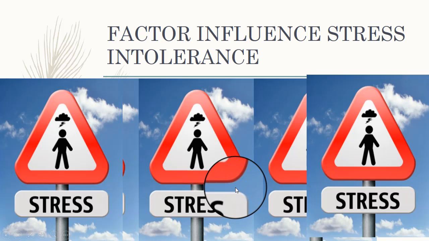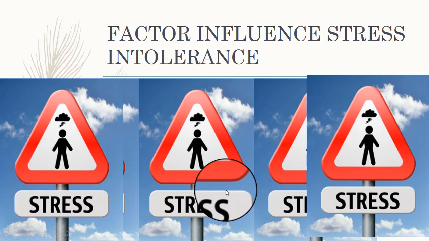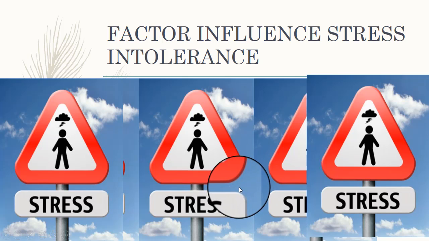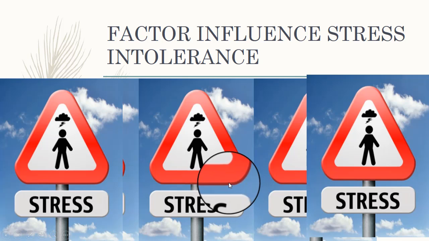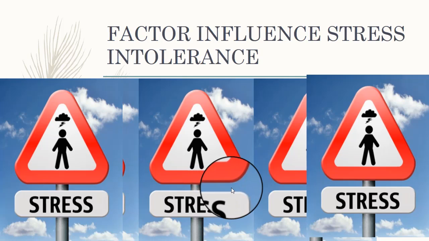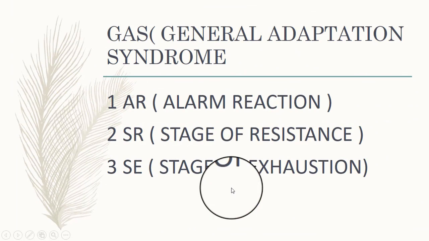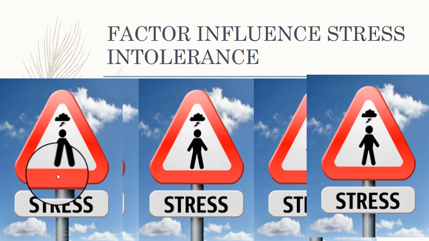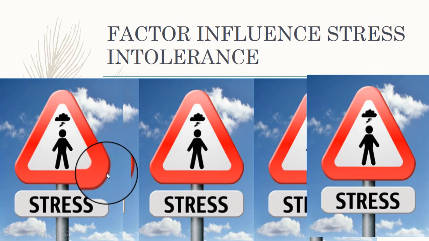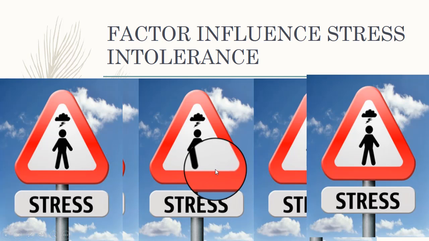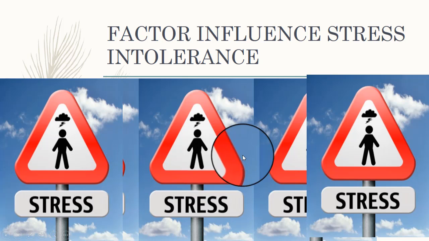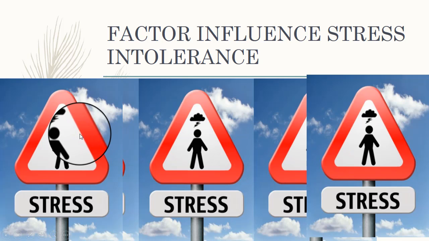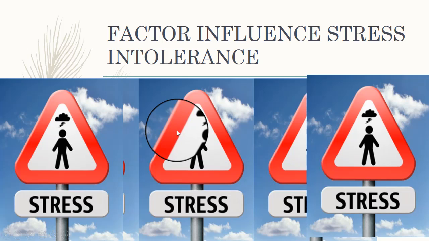Second factor, optimism. People who tend to be optimistic in all spheres of life tend to cope better with stress than those who are pessimistic. They concentrate on the positive and are more willing to get social support. Third factor, hardiness. Hardiness is a personality syndrome which is marked by control, challenge, and commitment, that is relatively linked to strong stress resistance.